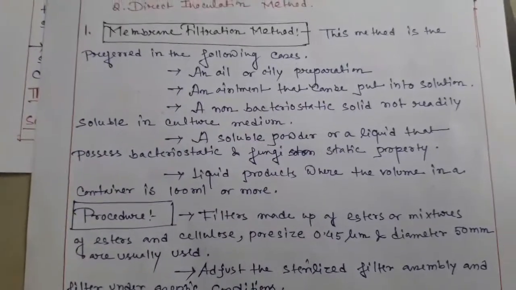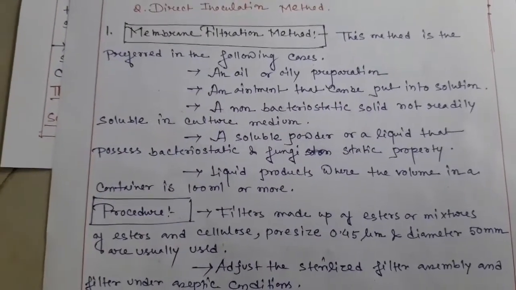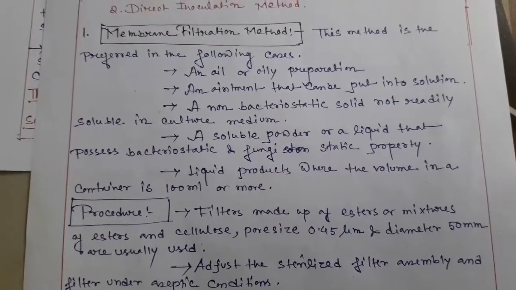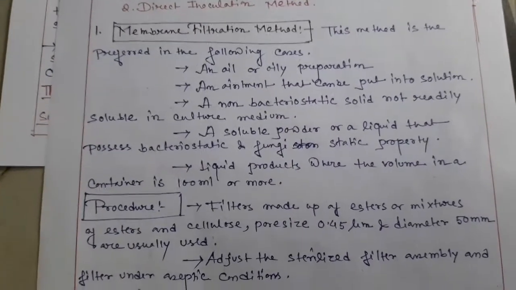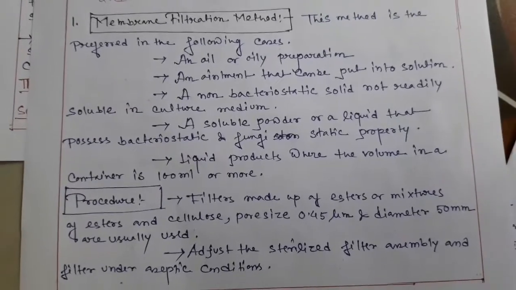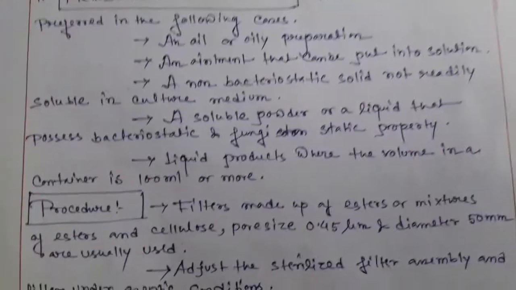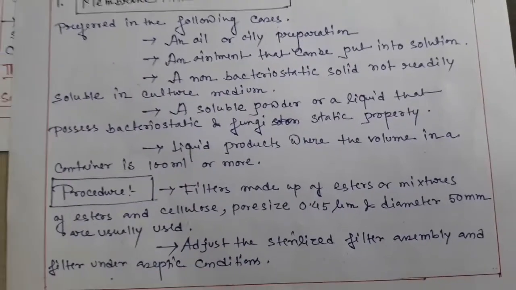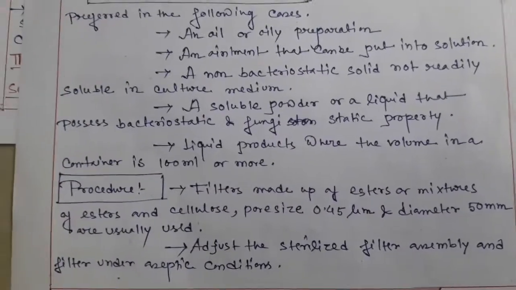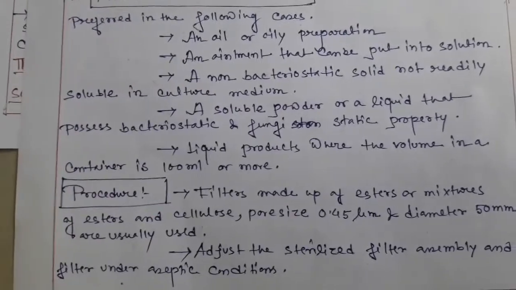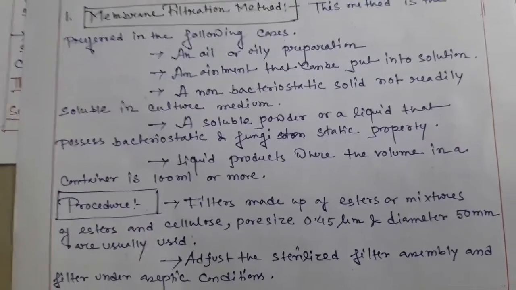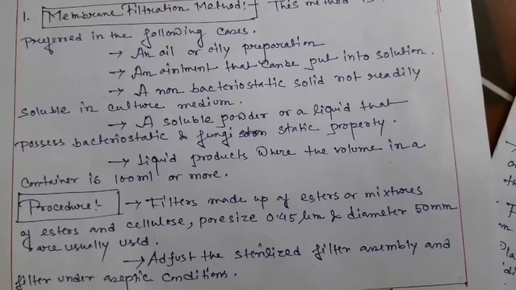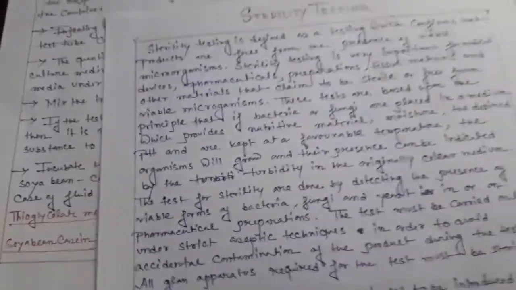And when you test any product for sterility by sterility testing, following aseptic conditions is a must, because the total sterility testing should be done under aseptic condition. Aseptic condition means there are some conditions you have to follow. That means there are no microorganisms, 100% free from microorganisms. This is the membrane filtration.